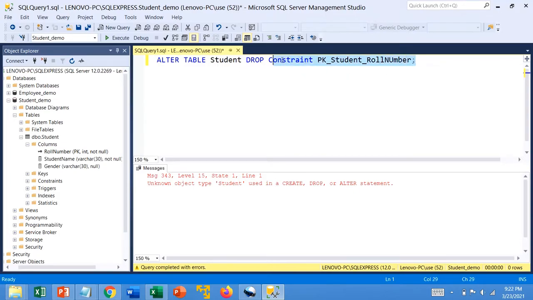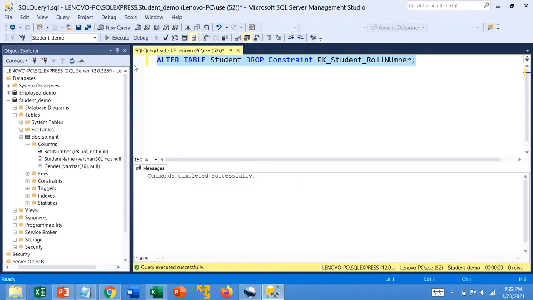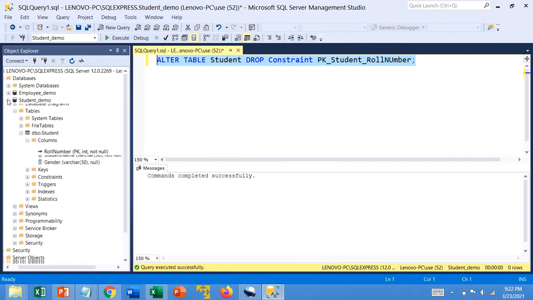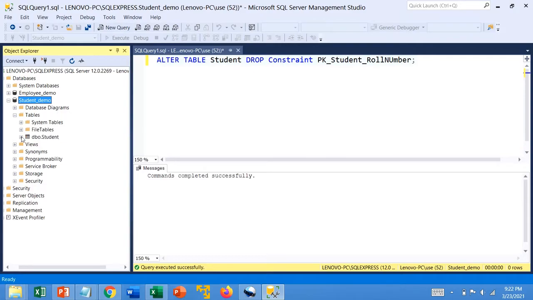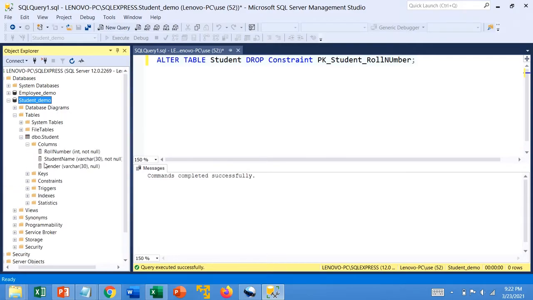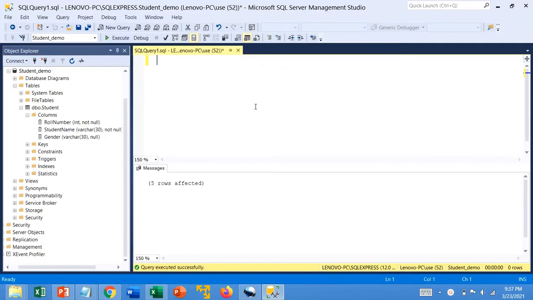Now let's try to re-execute this query. Command is completed successfully. Now we will refresh this database and expand student demo. Then in tables, student, columns, now we can see there is no primary key. So we have successfully dropped the constraint.